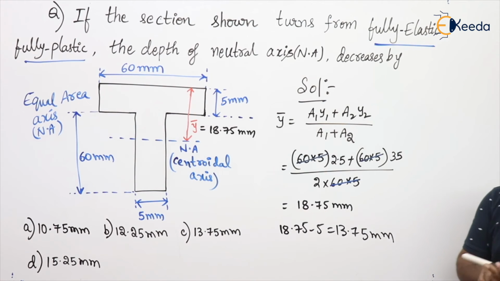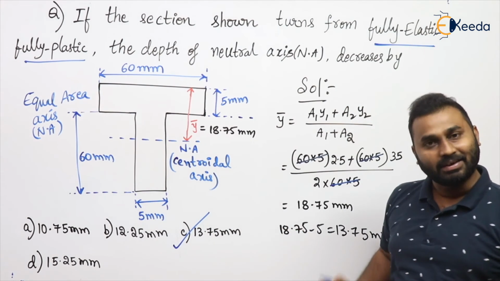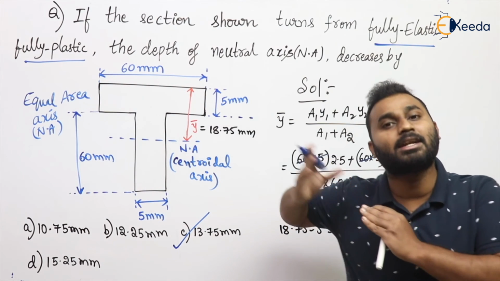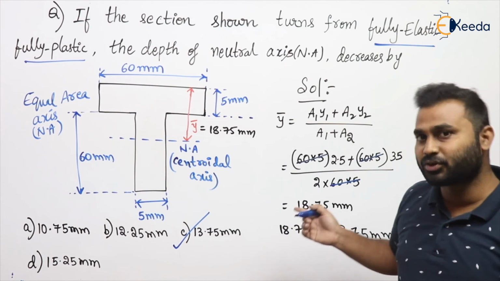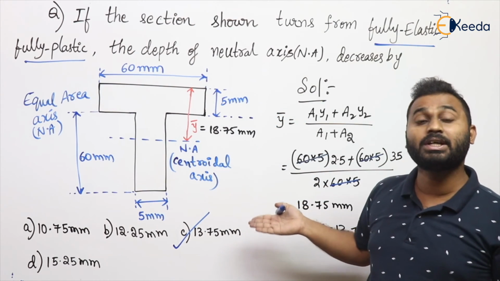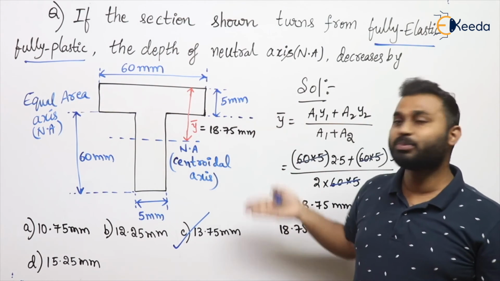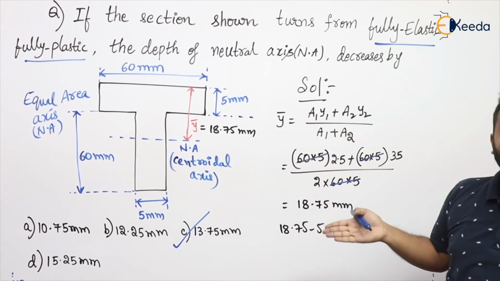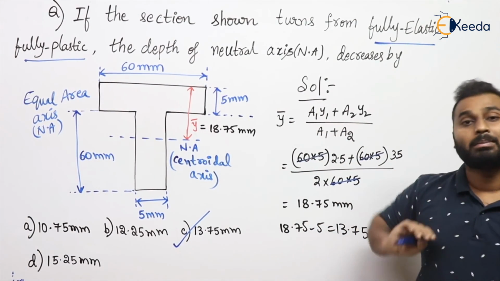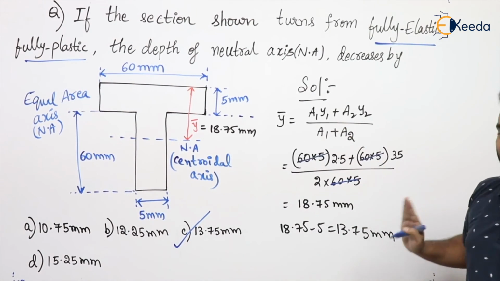Then which is the correct option here? The third one. As I said, this is 2 marks. The very same type of question we have discussed in our theoretical part also. But this was the question in the 2019 GATE, 2 marks. See how simple it is. Within less than 2 minutes we can solve these types of questions, and it is very easy to score marks from this particular subject, that is design of steel structures. Clear everyone? So take it down. The answer is C.